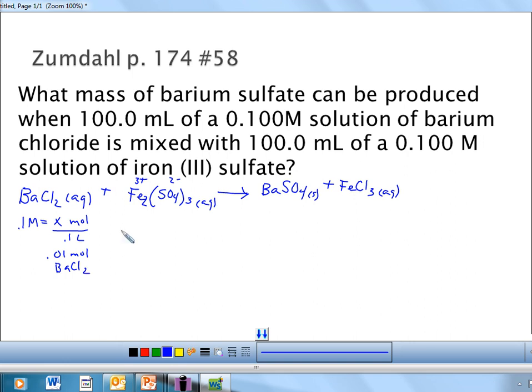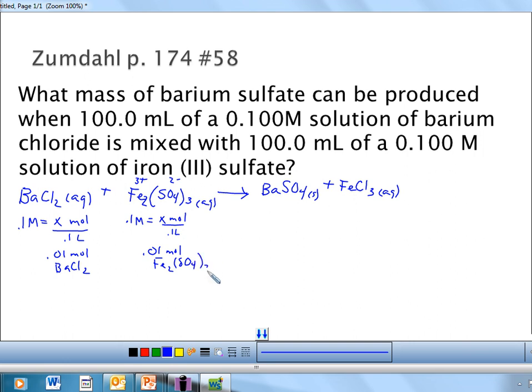I will repeat that same process with my iron 3 sulfate. I have 0.1 molar. How many moles of this will I have in 100 mL, or 0.1 liters, of the iron sulfate? Again, I will get 0.01 moles of the